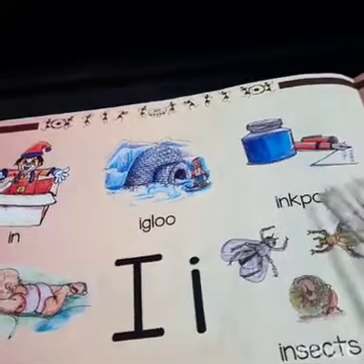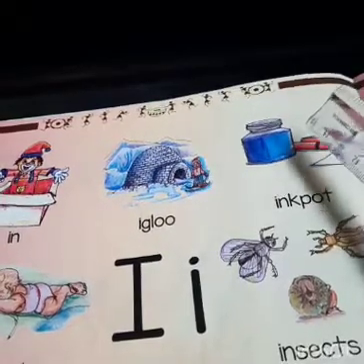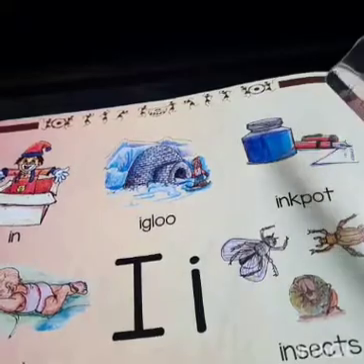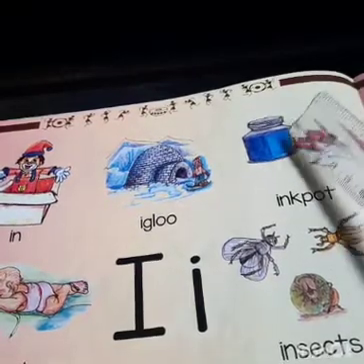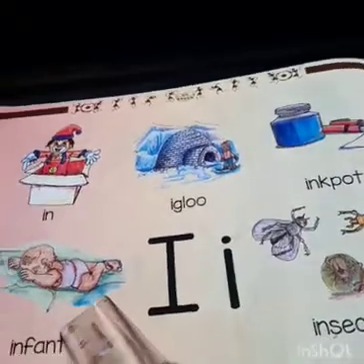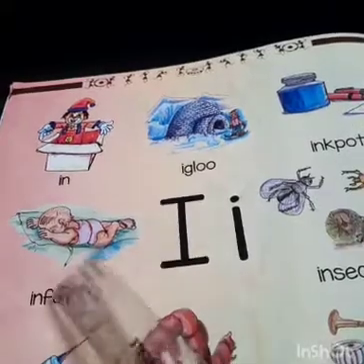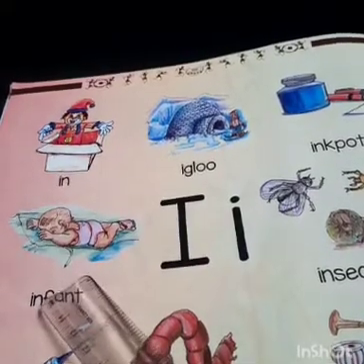Next one, ink pot. Ink pot means a pot which will have ink inside that, which you are using to write. Okay, that is an ink pot. Next one, infant. Infant means it's a baby, a small baby.